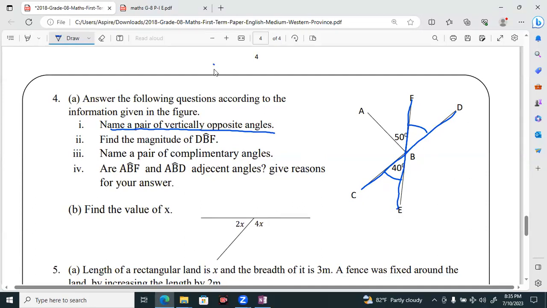That means you should have written angle CBE is equal to, they asked to write just a name, a pair of angles, then you need to put equal. And angle FBD. Then